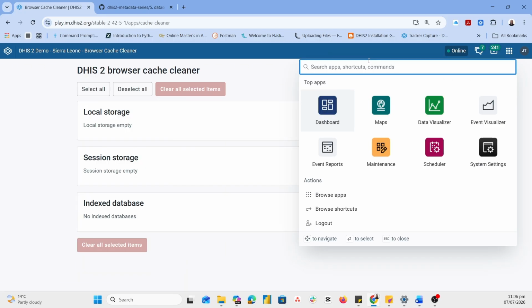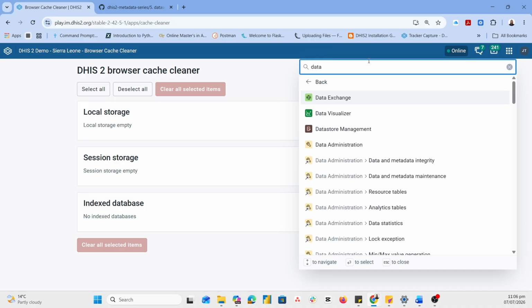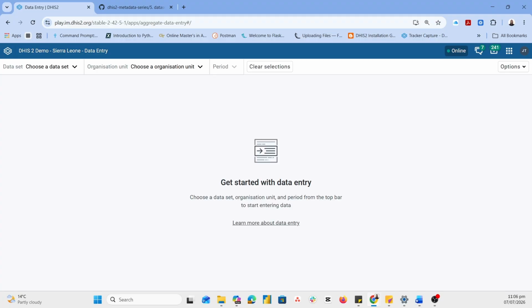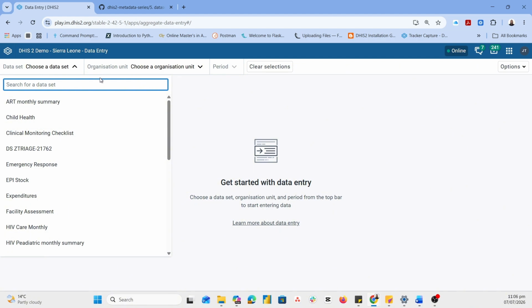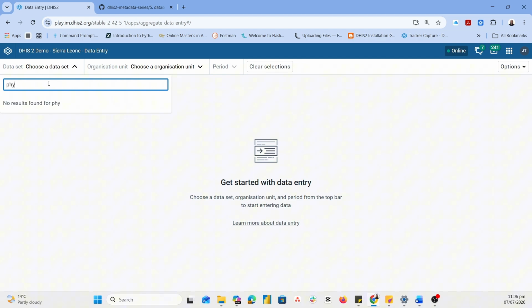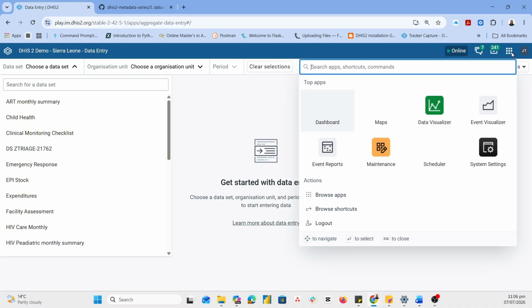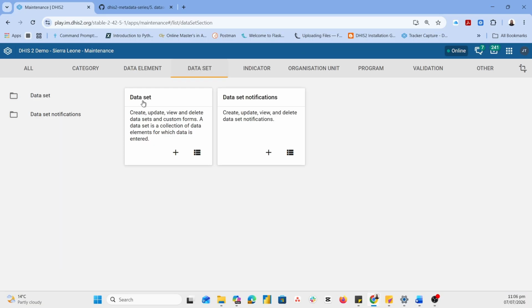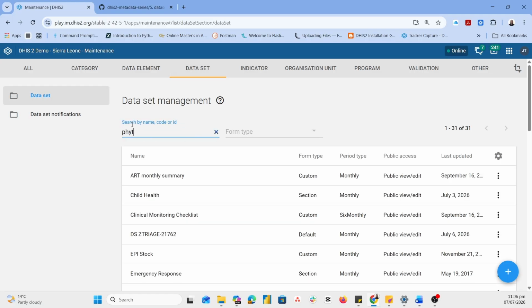So what we want to do is find our data entry. You can just type in data entry, and it brings the data entry application. So choose a dataset. Remember, it's called physical. You see, it's not appearing here, right? The reason for that is because we haven't given a user access to the dataset. So if we go back to our datasets and we come to physical here,